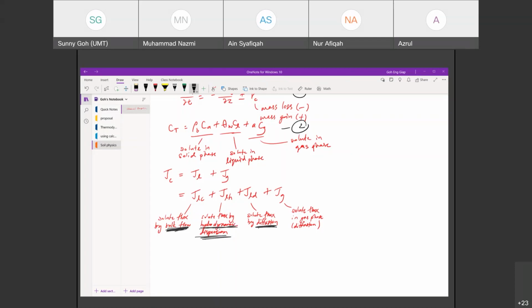And then this solute does not just be present in the liquid, it can also be present in the form of gas. Take for example, if you have petrol. When the petrol gets into the water movement, the petrol will move with the water. At the same time, the petrol will also spread out due to diffusion. Also, the petrol can evaporate. When the petrol evaporates, it will move into the gas phase. So the petrol in the gas phase in the soil can also diffuse. That's why you have diffusion in the gas phase, right? So that's basically